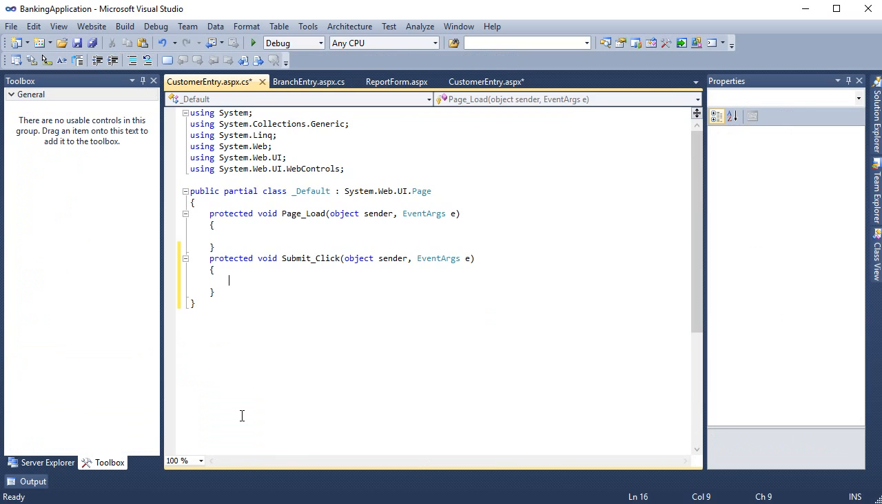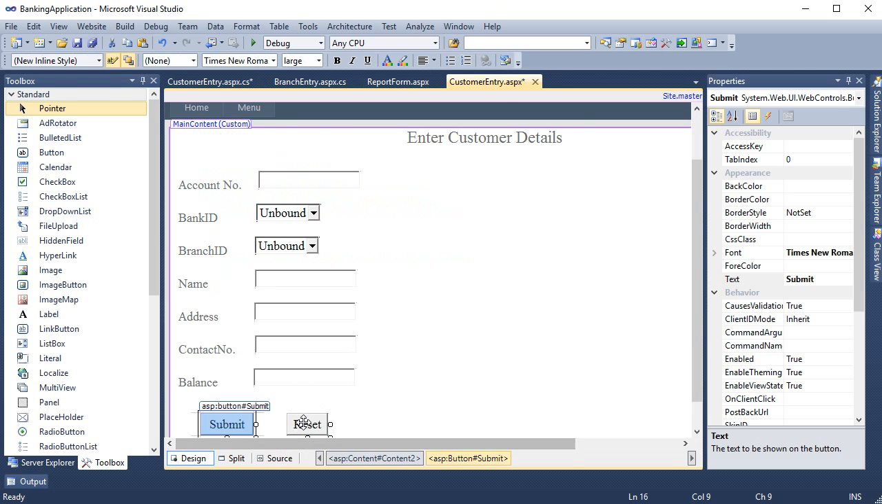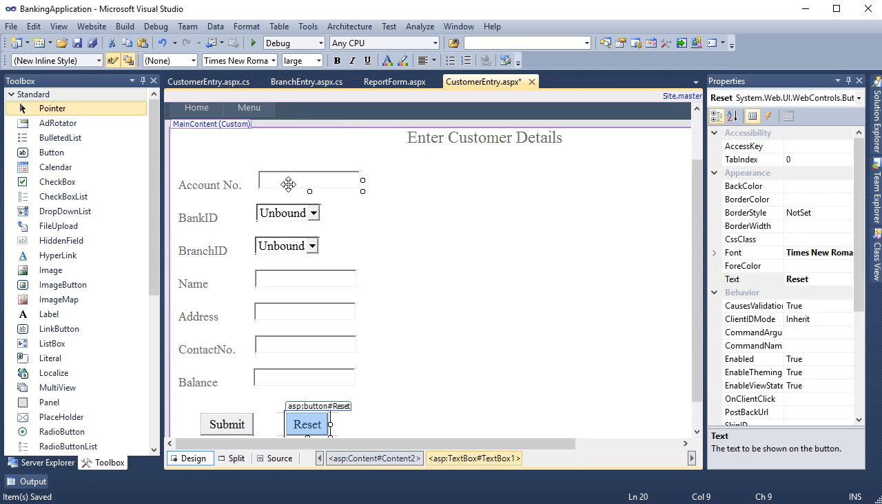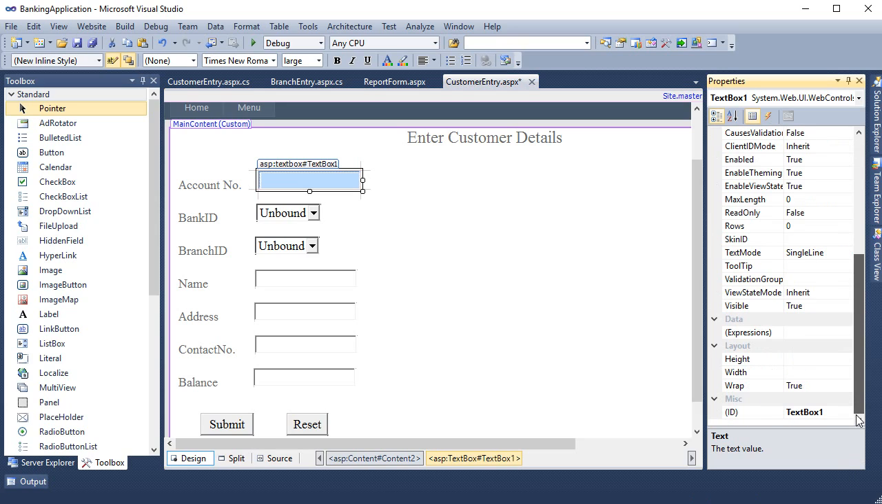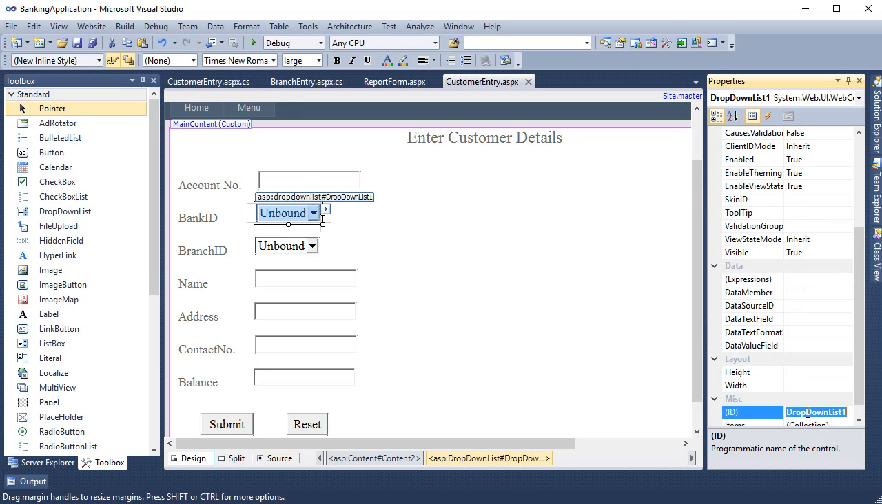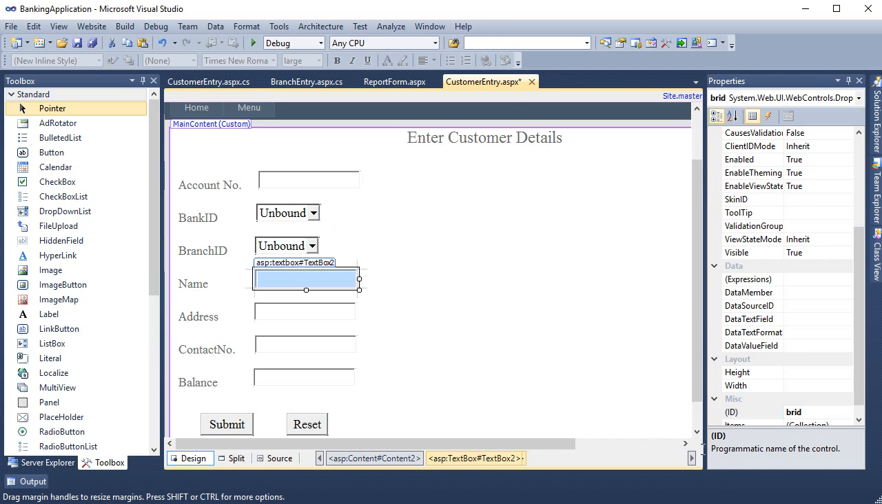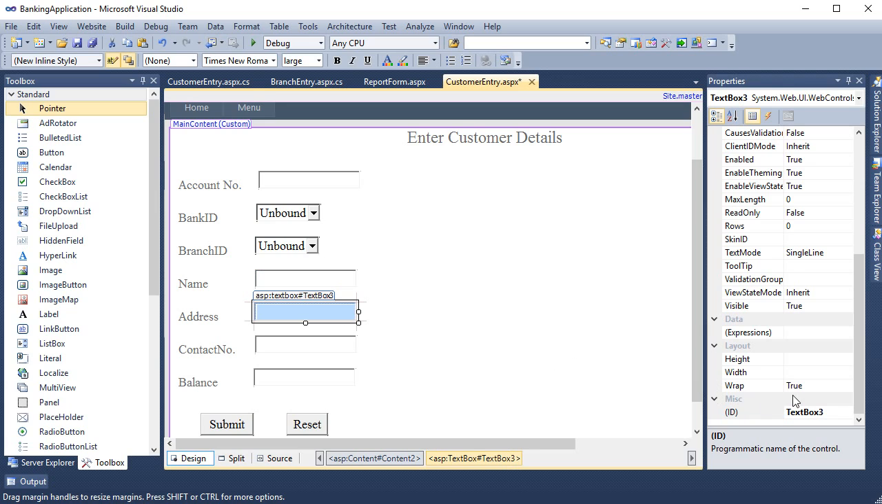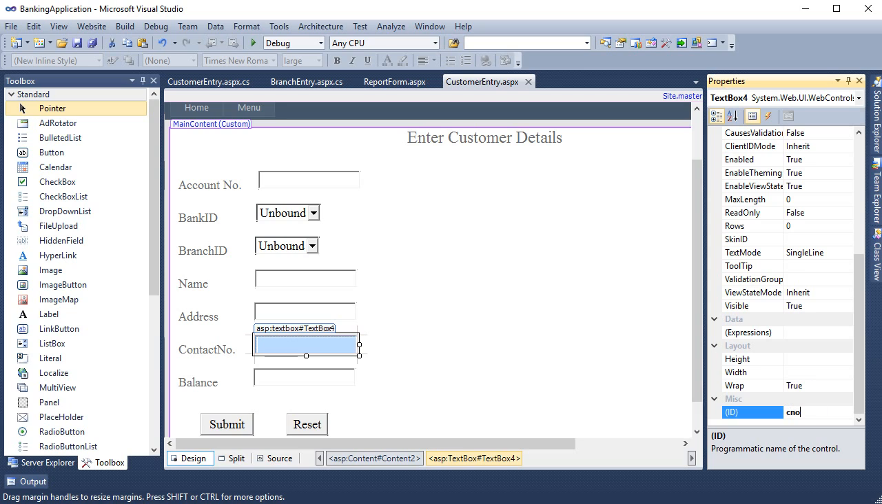Save this, double click on submit, come back to the customer entry form, double click on reset, save. Again we'll come back over here because we have to provide IDs for each text box: ACC number, BID, BRID. Okay, I have to change something else also. Please remember this change. Give me a moment. C number,